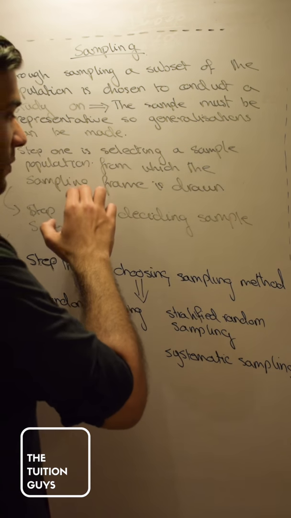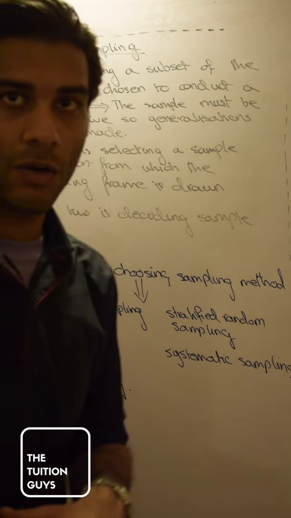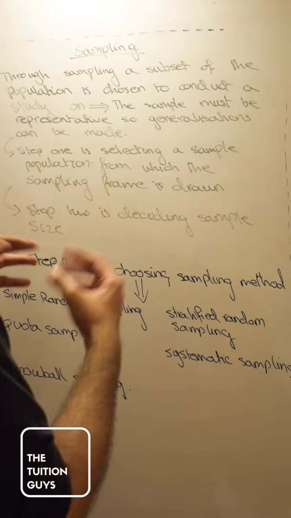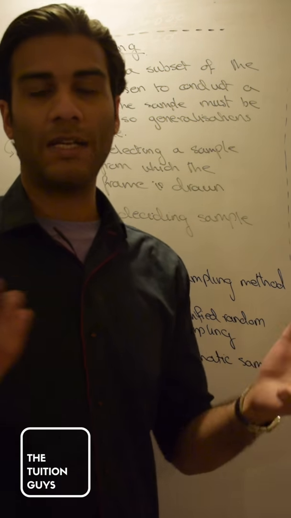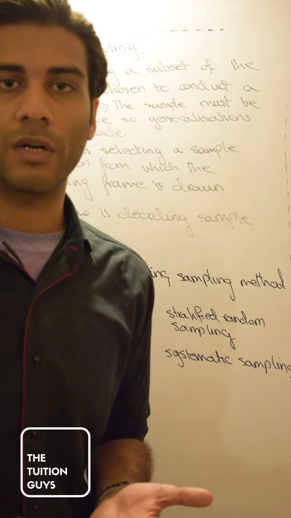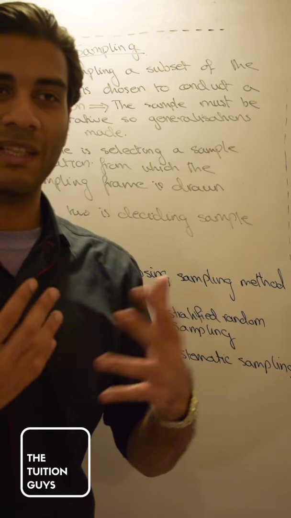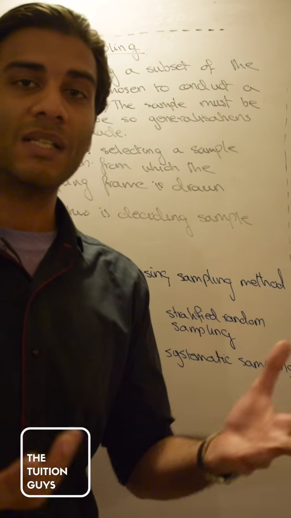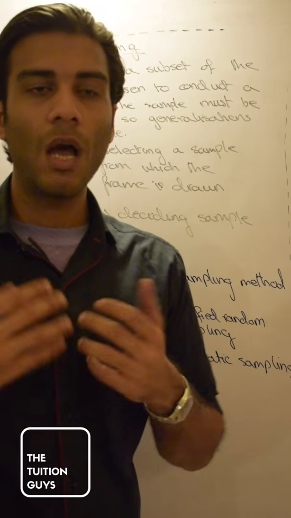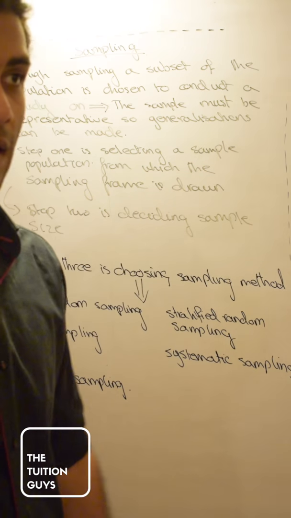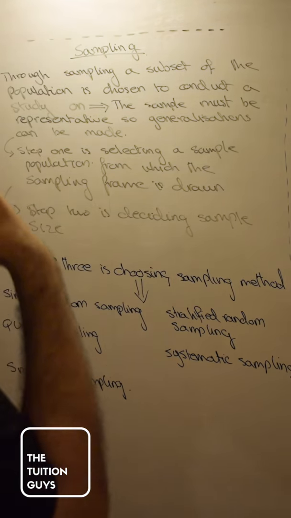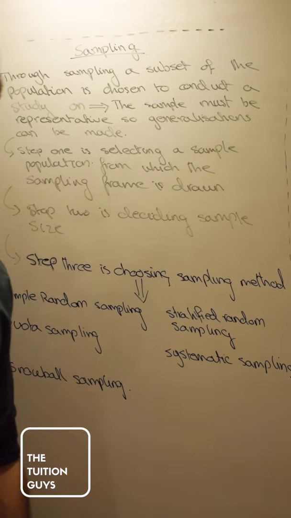From there, from your sampling frame, whether you brought it down to, let's say, 20,000 people who match the characteristics, you choose your sample size, because it might not be logistically feasible to study 200,000 people. You might want to bring that down to 2,000 people or even 200 people. But the characteristics of those 2,000 or 200 people also have to match the characteristics that you are trying to study in society. And the third and most important step in all of this is your choosing of sampling method.